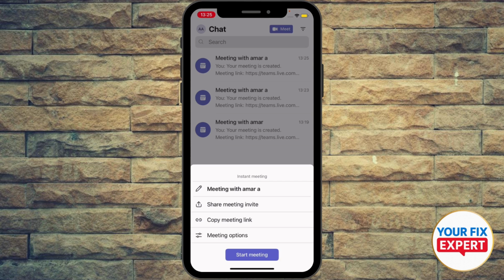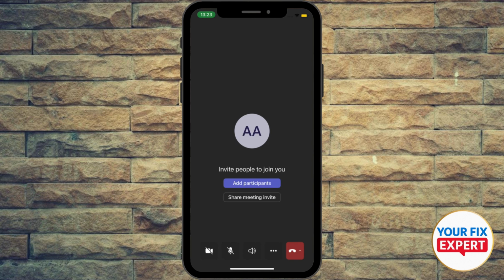Start meeting, and as you can see in the screenshot, now you can enable or disable the video cam from your phone or your desktop, right? And that way you can use the Google Meet or the Microsoft Teams meeting as a voice call or as